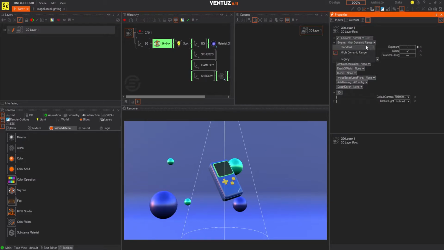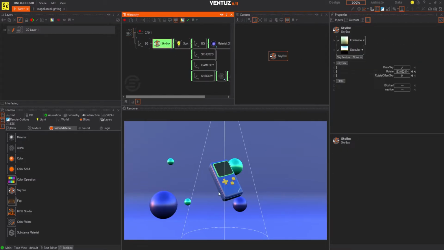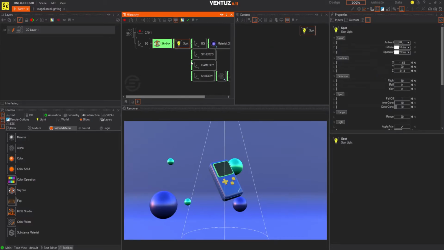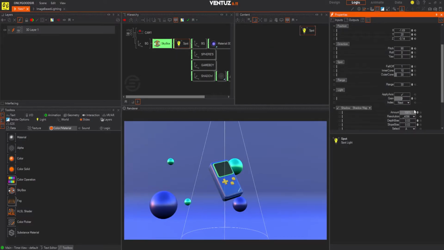By turning the engine to high dynamic range and adding the skybox, it added overall lighting to the scene. However, you can see the spotlight has disappeared. Now for the spotlight, we need to increase the gain so we can see it better. If I was to set the gain to 10, now you can start to see the shadows and